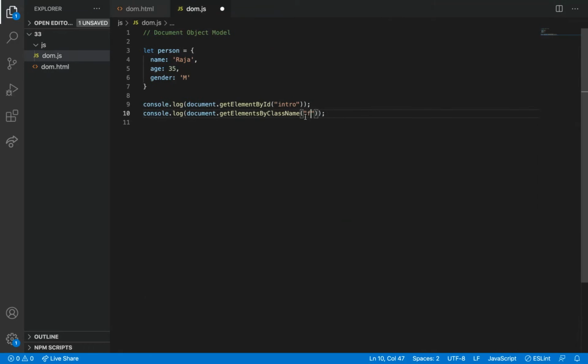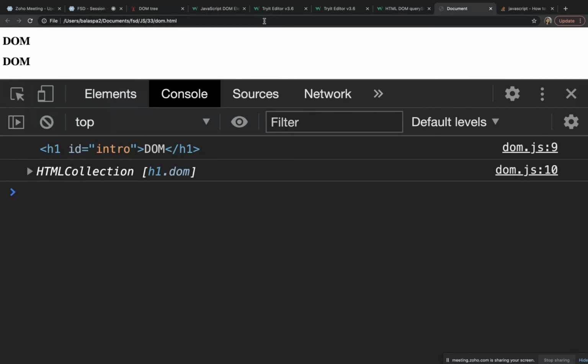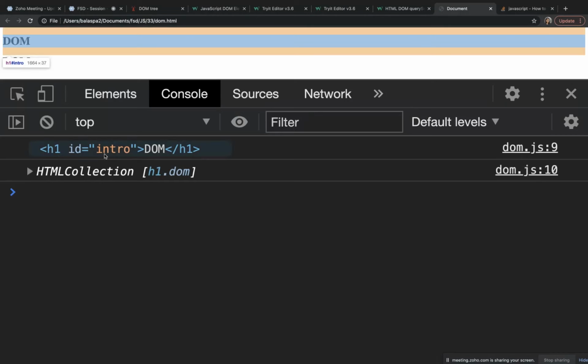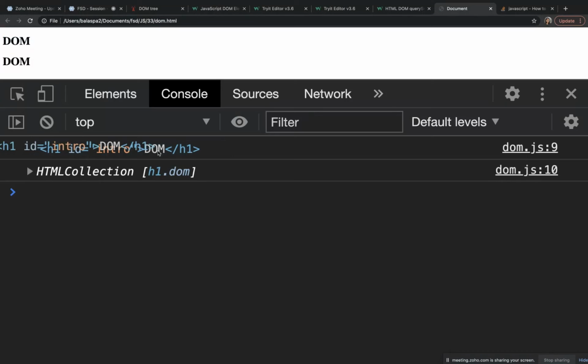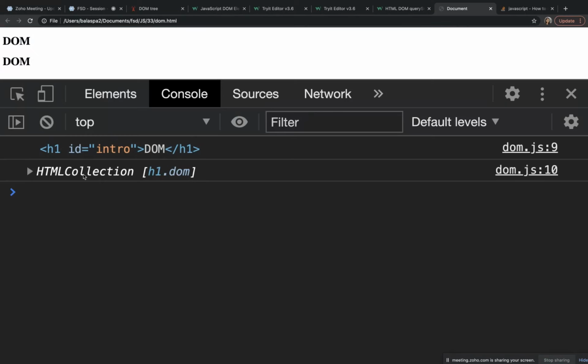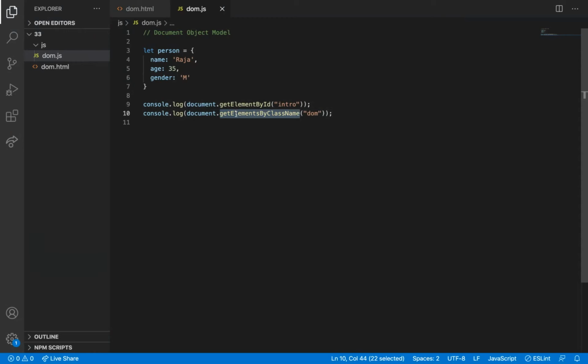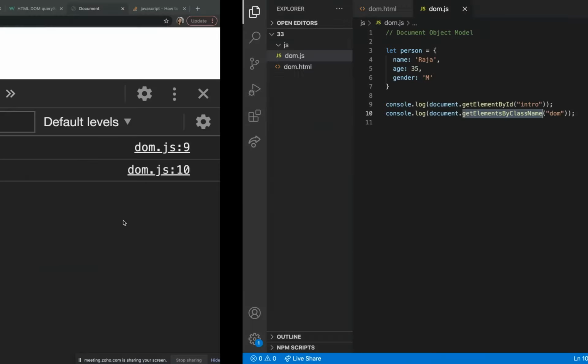DOM. Okay. So let me see what it will come. Actually, there is some difference in it, because here I have just got the HTML tag itself.